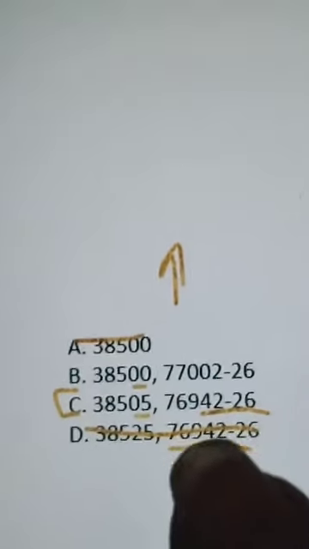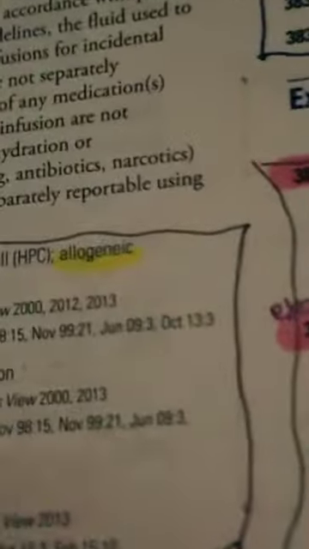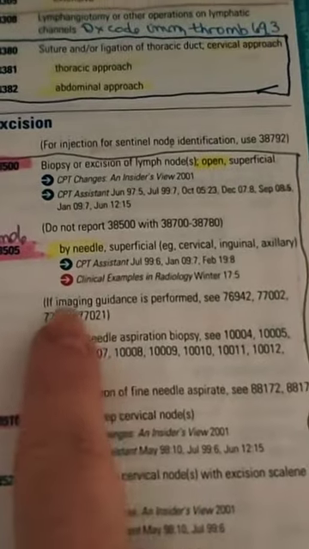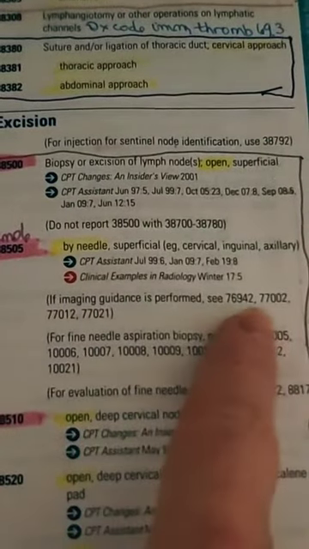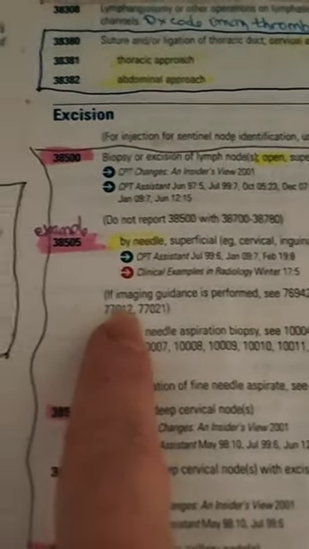Sorry to pick a repeat, but also, if you look in this scenario, you will see up here in this little descriptor paragraph before you code these, it'll tell you also if imaging guidance is used to use your 77 codes. And we did use,